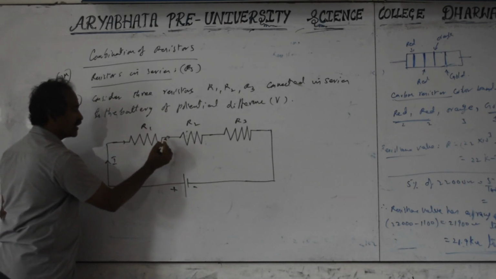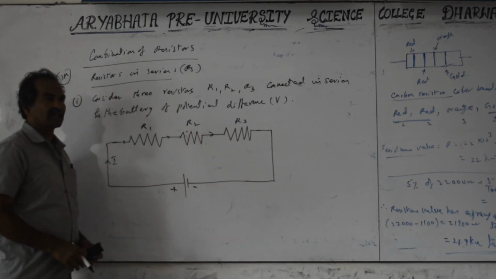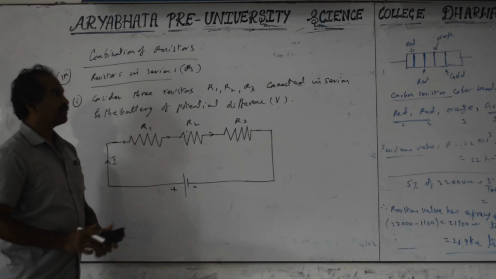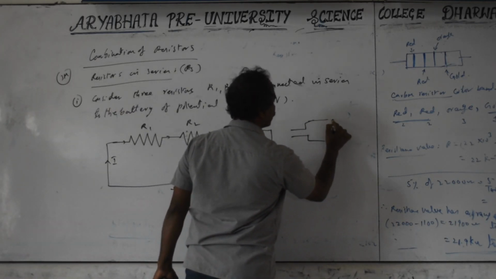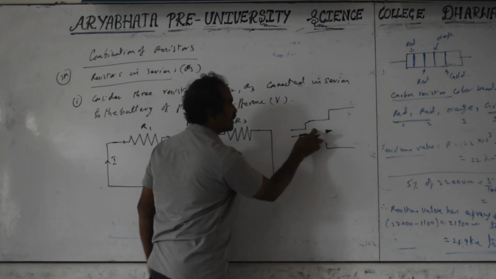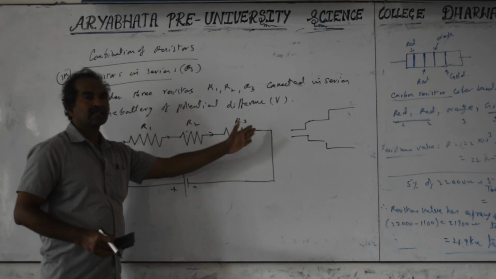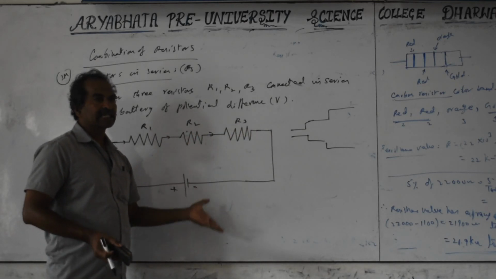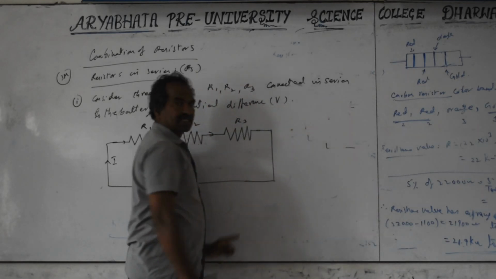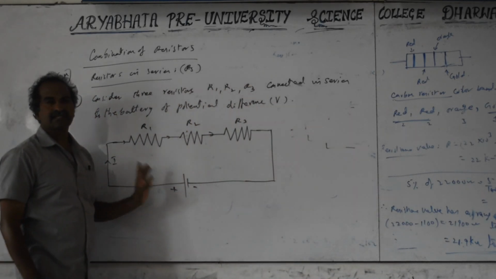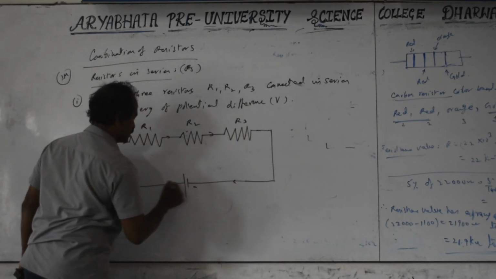So here for the resistors in series, what is same is current I, meaning the same number of electrons, just like a pipe. If different water pipes are connected, water is flowing in them. Water comes here, the same water has to go here, the same water has to go here. Whatever electrons are coming here have to go through the other resistor, the same number only. We cannot increase or decrease the number. That means current is same. For resistors in series, current is same. The same I is passing, and finally they come like this.